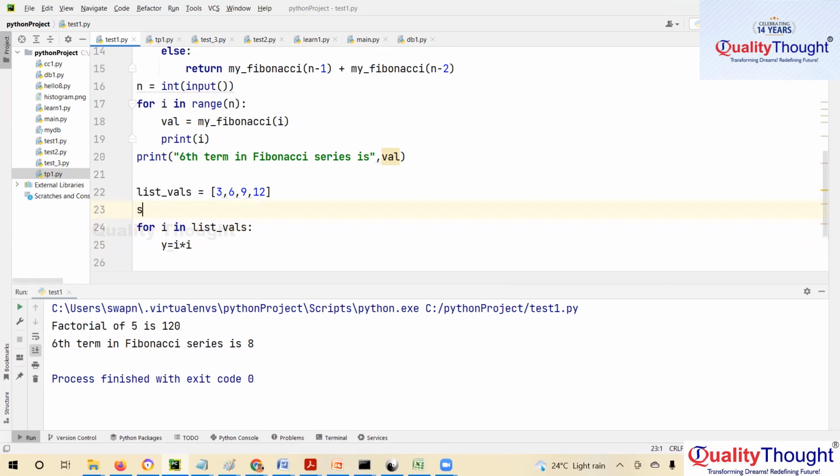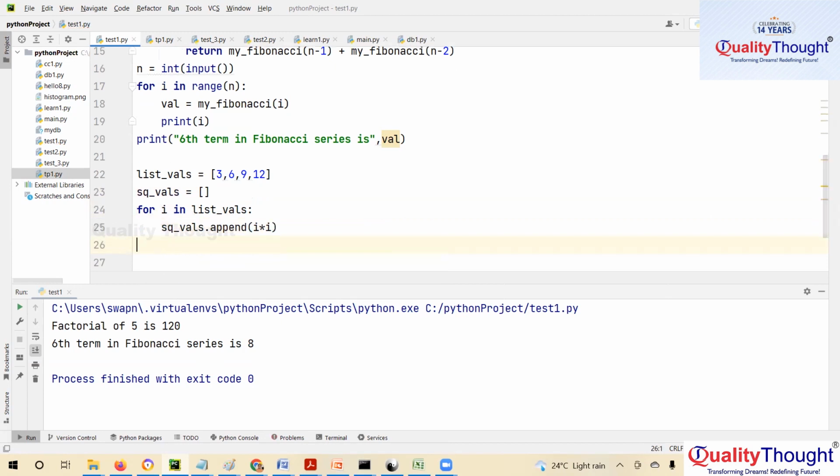Square values equal to list. I want to save the value in the list itself. So I will say square vals dot append. Right? So now if you print square vals,